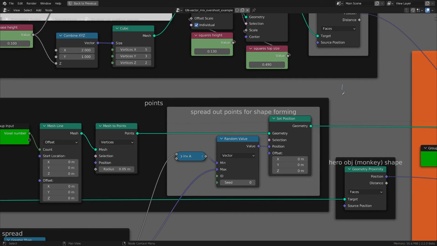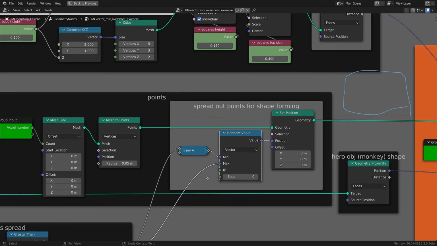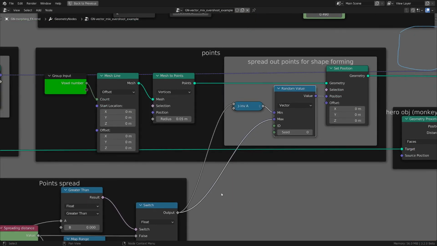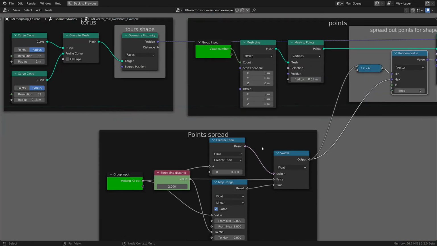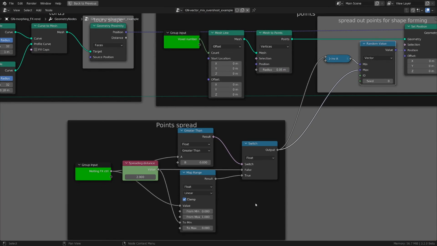And we spread the points into a cube by doing a random vector with some parameters that we will be looking at right now. So we got a point cloud in a cubic shape. You can get a spherical shape if you want, and that's no problem, but I thought cube is better. It goes well with the bounding box. So for the point spread,